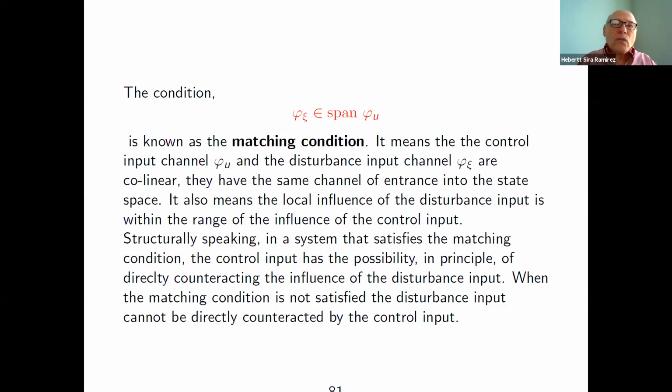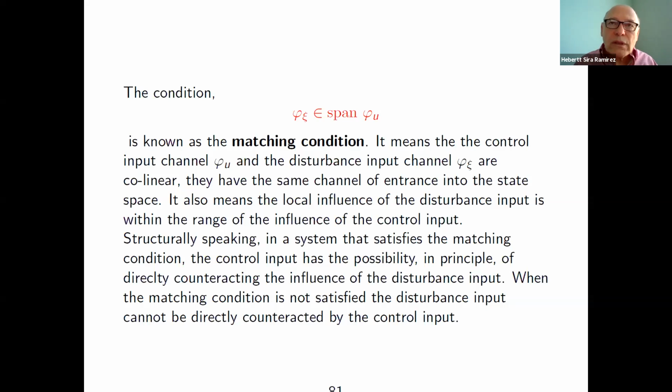For instance, you have a DC motor. The DC motor has two equations, in discrete time or in continuous time. But the control input enters the electric equation of the armature circuit. And that's one dimension of the two-dimensional state of the DC motor. And the torque input, the disturbance, the load torque, comes into the mechanical equation, which is a different coordinate from the electrical equation. The mechanical part of the system admits the disturbance load torques.